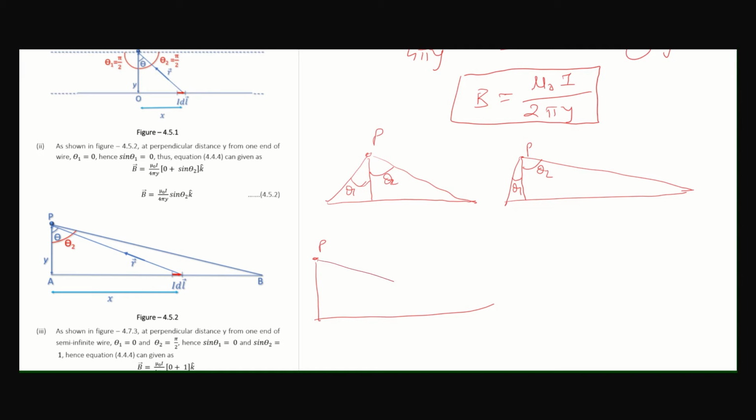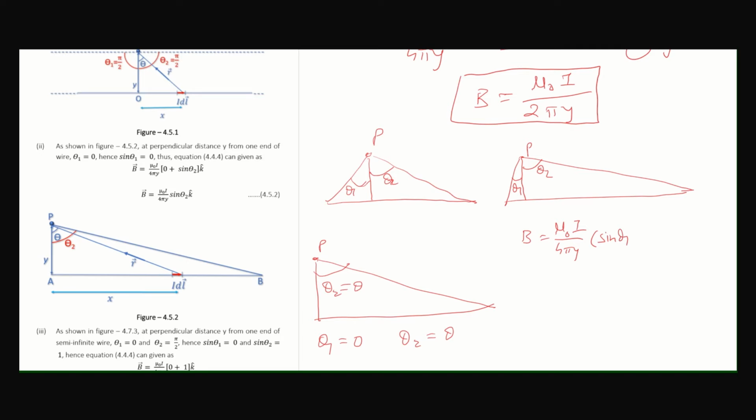Where is theta 1 now? In this case, theta 1 becomes 0. And I can regard theta 2 as theta. So this is my theta 2, or else you may simply denote it as theta. For this case, if I consider the magnetic field, say mu 0 I by 4 pi y